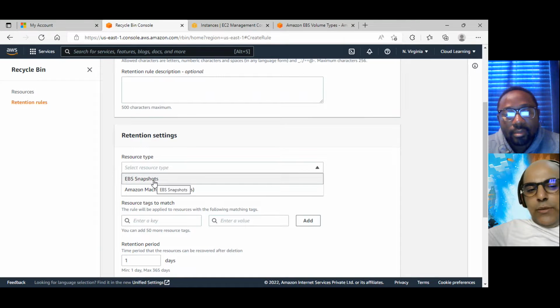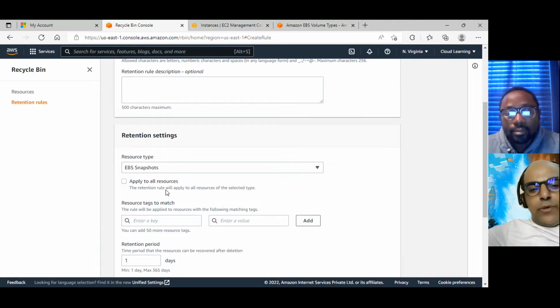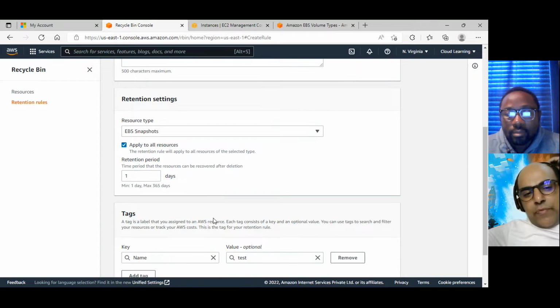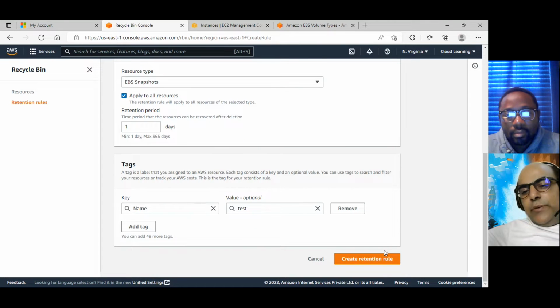You can select EBS snapshot or AMI. Only two methods of backup, as I told you. EBS snapshot applies to all resources. You decide how many days you want to keep it stored. If you keep it one day, they will charge for one day. This way you can create the policy.